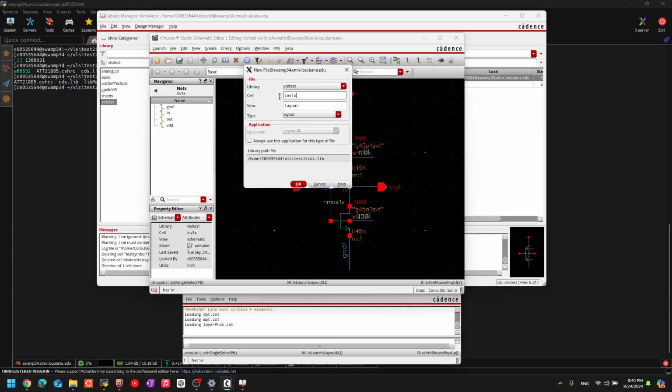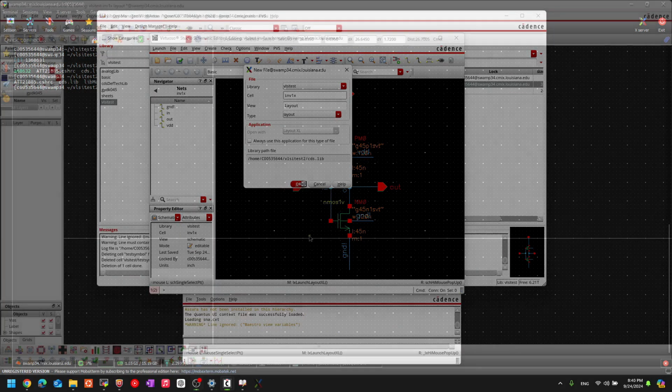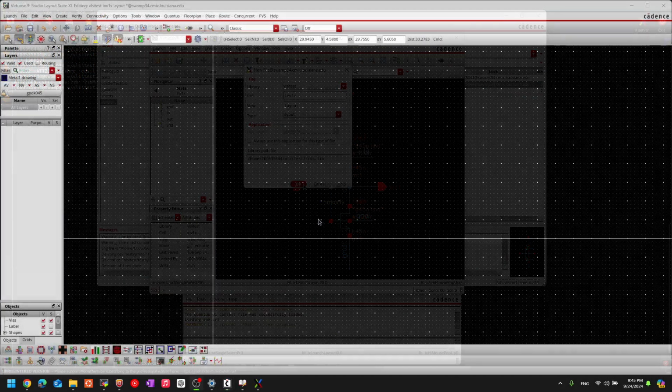Make sure to have the same name as the symbol and the schematic, so the cell view is the same. All right, and make sure it's layout and layout. I didn't play with anything. This is the default option once you click launch and then layout XL. So click on OK afterwards, and after opening the layout view,